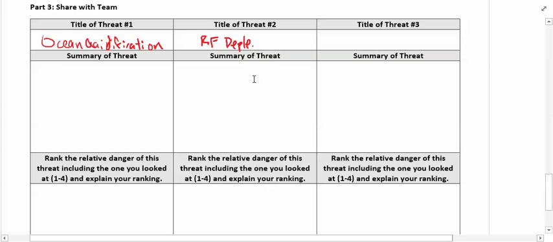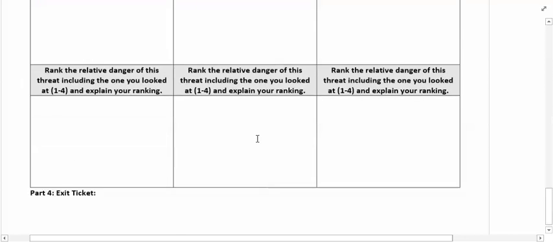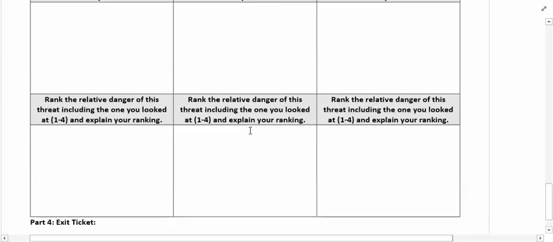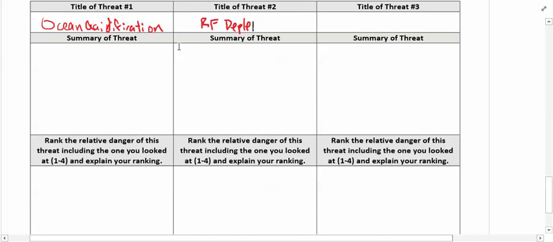So you're going to be taking the notes here as you share out with the rest of your dangly number teams. At the very end, your exit ticket is going to be to rank and justify what you think these 4 things are in order. So if you feel as though ocean acidification, after you learn about it, is the most scary, biggest threat to our environment out of the 4, that would get a rank of 1, and so on. So good